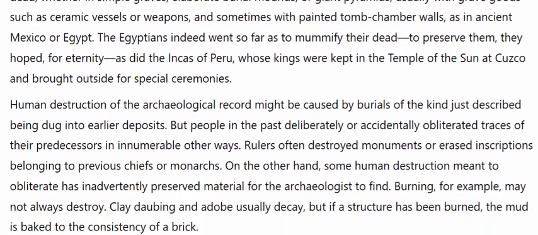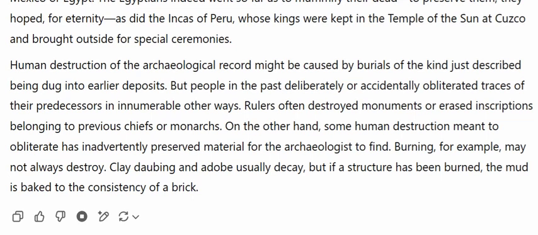Human destruction of the archaeological record might be caused by burials of the kind just described being dug into earlier deposits. But people in the past deliberately or accidentally obliterated traces of their predecessors in innumerable other ways. Rulers often destroyed monuments or erased inscriptions belonging to previous chiefs or monarchs. On the other hand, some human destruction meant to obliterate has inadvertently preserved material for the archaeologist to find. Burning, for example, may not always destroy. Clay daubing and adobe usually decay, but if a structure has been burned, the mud is baked to the consistency of a brick,